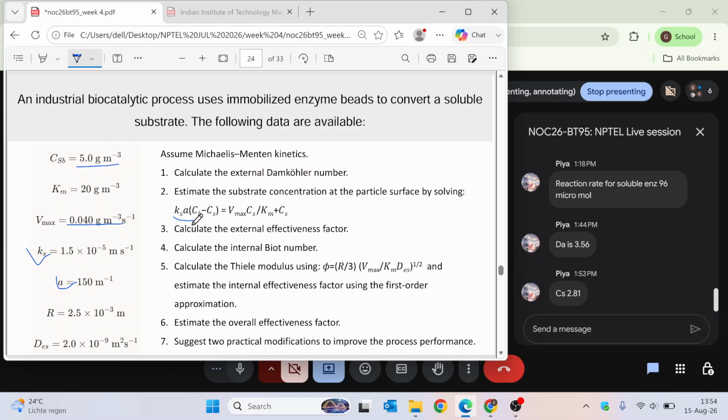You just bring it in the form of a quadratic equation. So in the way I solved, what I did was I just had all the values substituted, and there is this equation. To this, multiply both sides by 20 plus Cs. And then expand each term, add similar terms. And finally, the equation that I got was